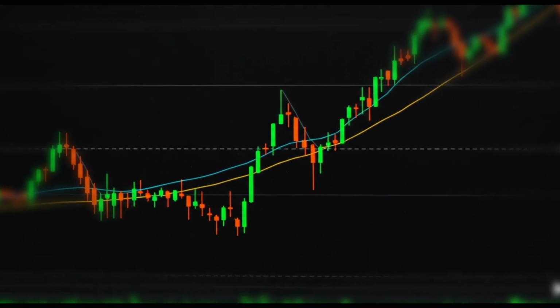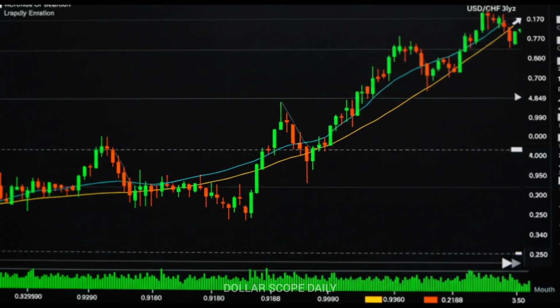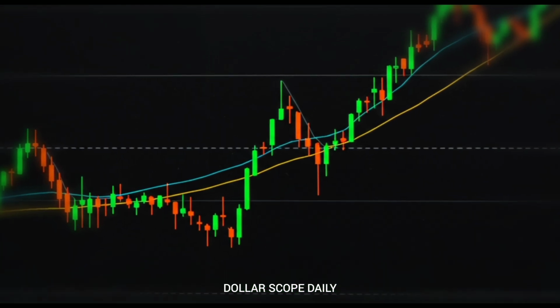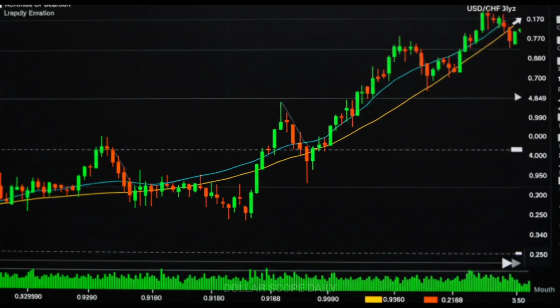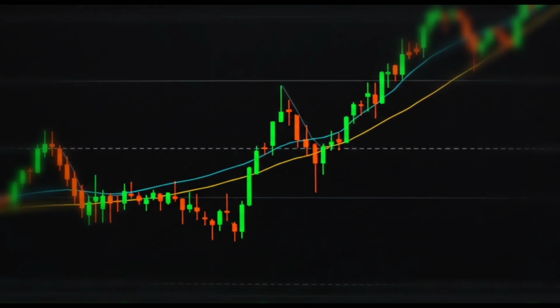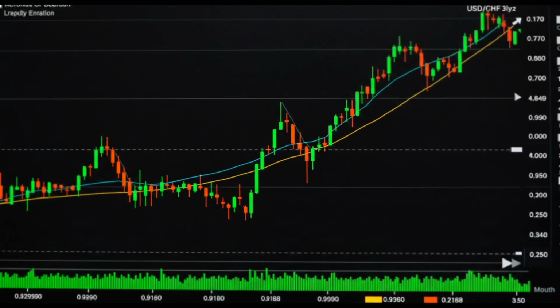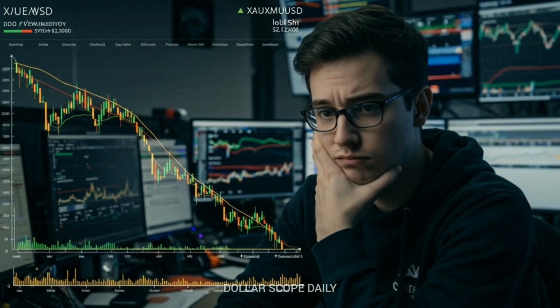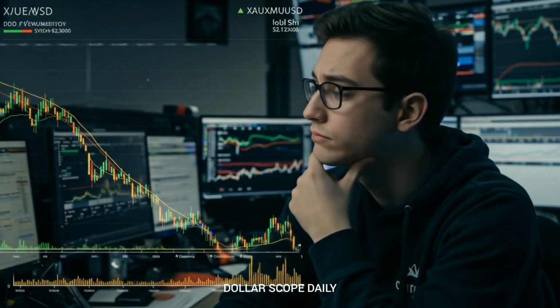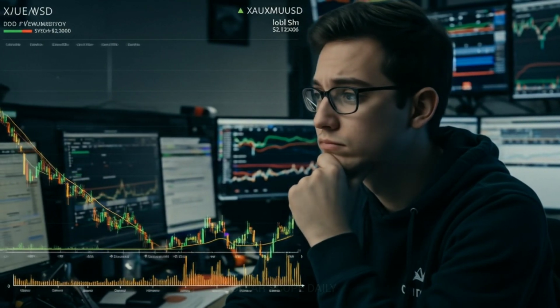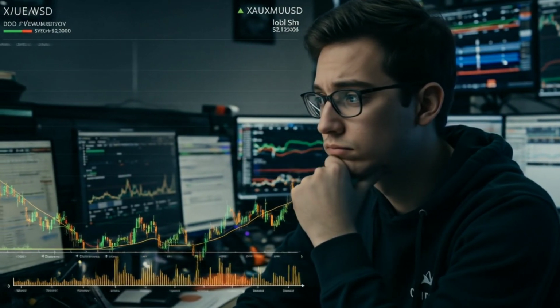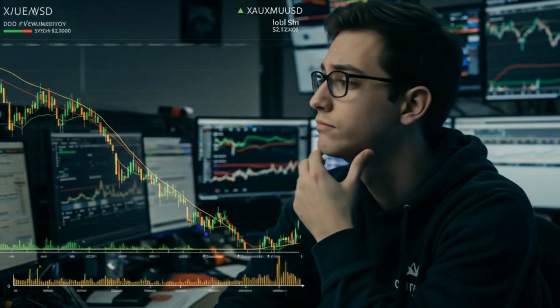USDCHF remains relatively firm, closing last week above the 0.9050 level. With the Swiss National Bank expected to maintain a dovish stance, the franc could continue to weaken in the medium term. This week, there's little high-impact Swiss data, so USDCHF will mostly follow the dollar's broader direction and